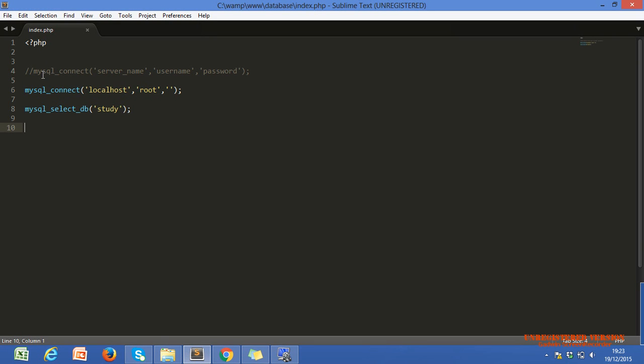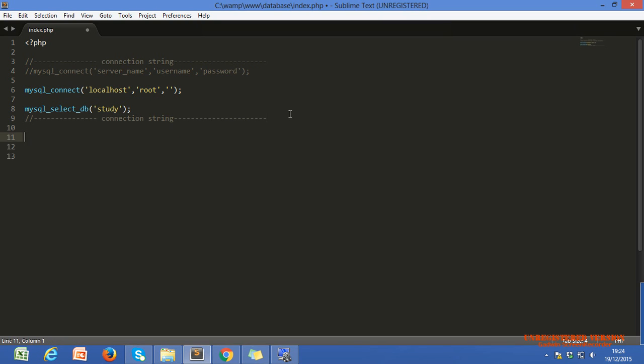This is simply the connection, I'm just commenting. From here to here, these two lines, you can see the connection string.